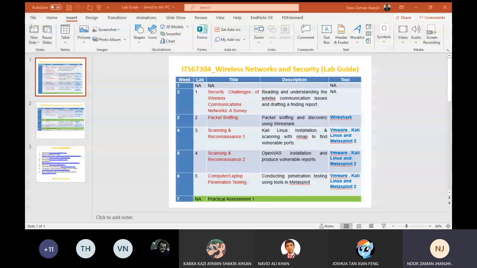Yes, sir, I have a question. Please. I was wondering, is it safe to do the lab work from home? Because I'm using Maxis as my ISP, and one of their terms and conditions is that we're not allowed to do port scanning and stuff. So will we get into any trouble if we do that?